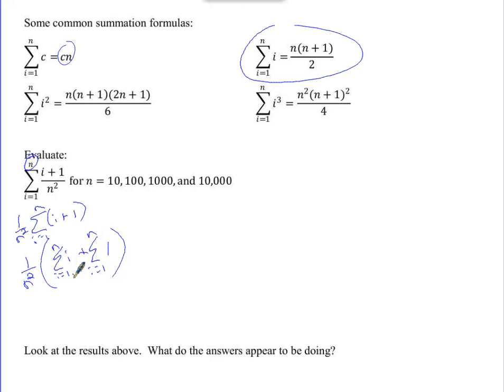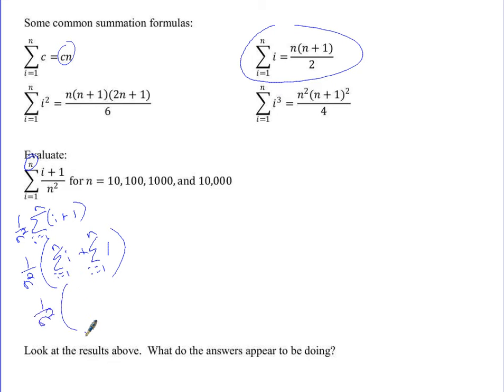Once you're to this point, you've turned your summations into things that we can convert into the algebraic version. We have the sum from i equals 1 to n of i, which is this guy right here. We have the sum from i equals 1 to n of 1, a constant, which is this guy right here. So now we can convert the summations into algebra. And then from there, we'll be able to evaluate down, okay? So I'm going to do that here. I have the 1 over n squared